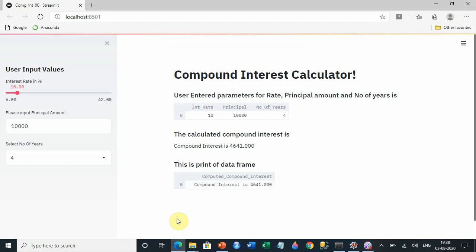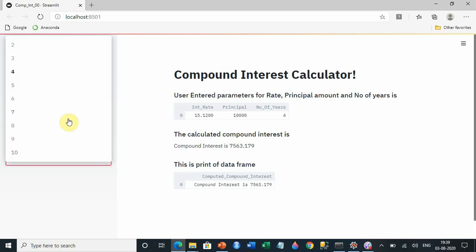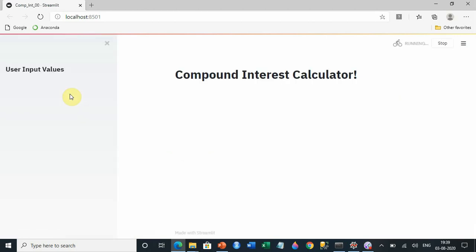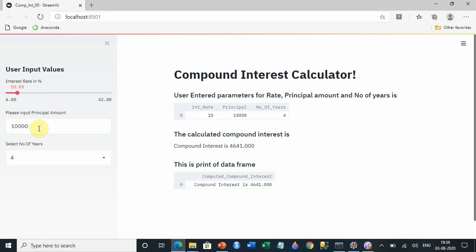In this video, I will explain how you make this kind of website. How do you make user input parameters, like this slide bar, this text box, this select box where you select a certain value? How do you make sure that it is coming here? Also, how do you make the default values, like when you press F5 or restart, it comes as 10, 1000, 10,000 and 4? How have these default values been set?